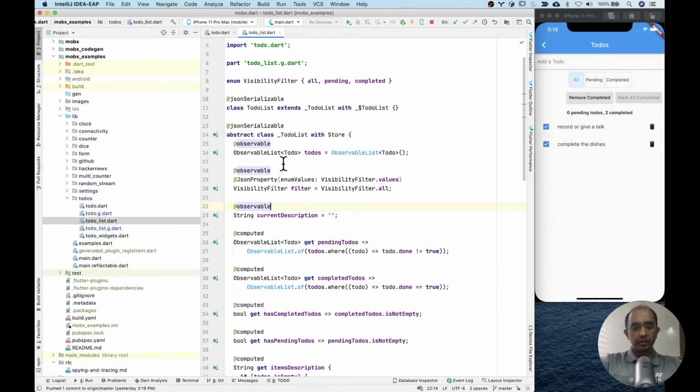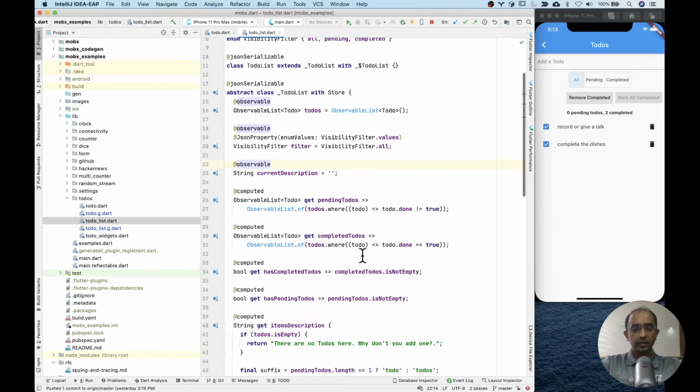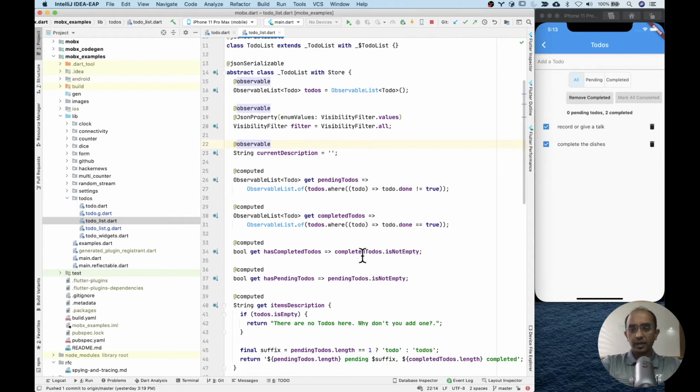Okay, so that's the reason why we have these observable values: filter, the to-dos, and the description. Now that's pretty much the core state of your application, or rather the example. Now if you go back to the slides,